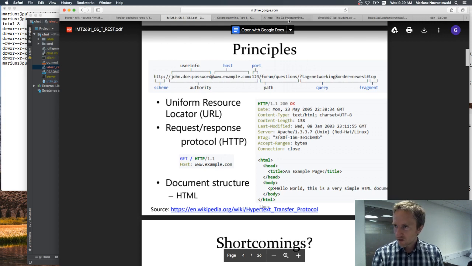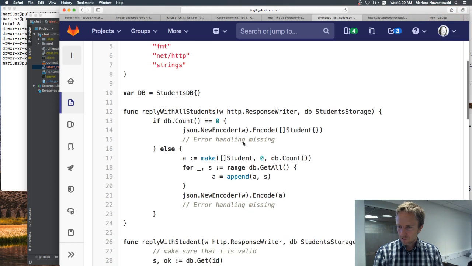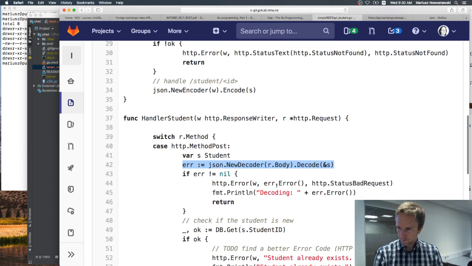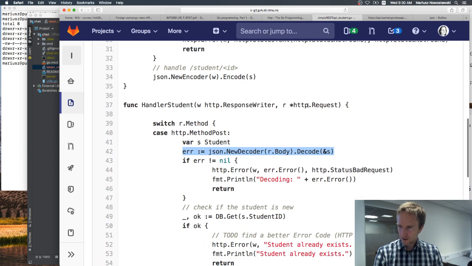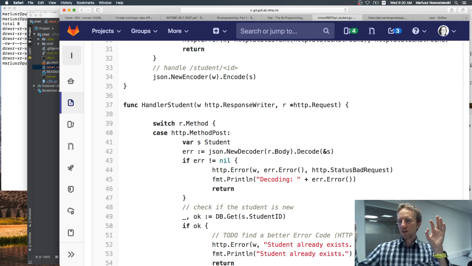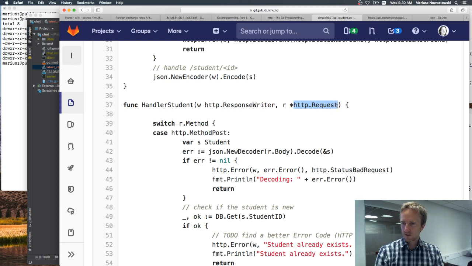So if I go again to this, as you see, I have a handle to the request, and to access the headers, there is a map which maps the key values of the header out of R. And to access the body, I just say R dot Body, right? If you look this up,